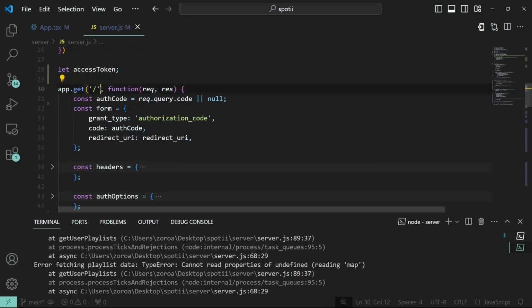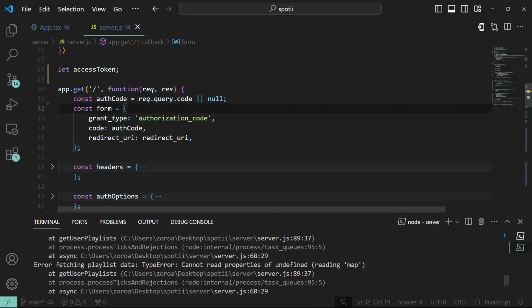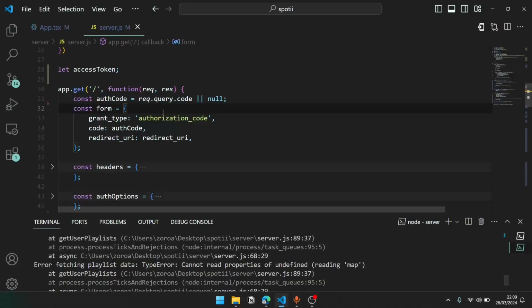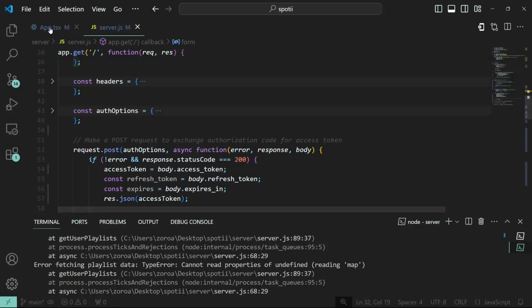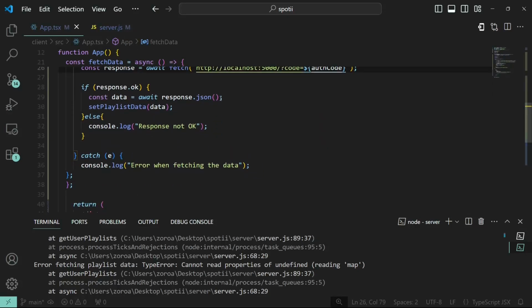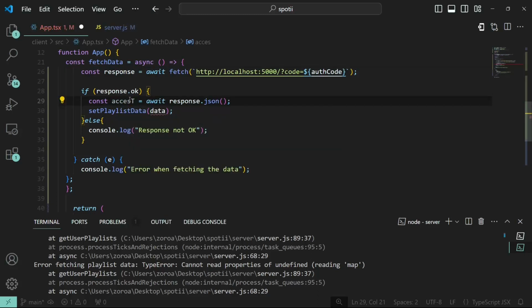And now what's going to happen is, when we call that endpoint or when we fetch from it, it will simply go to this endpoint with just a slash, and it will grab the query code, which is the code that we passed in from the URL, which is used throughout the function to give us the access token and the refresh tokens, and that is sent back to the front end as access tokens. So yeah,